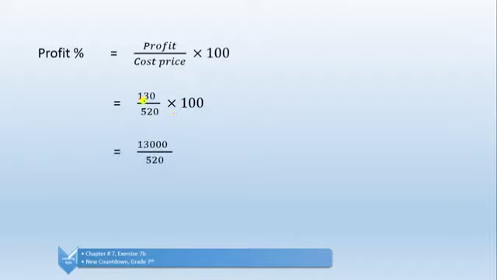Now we multiply 130 with 100, and then we have 13,000. This 0 will be cancelled with this one, and now we will divide